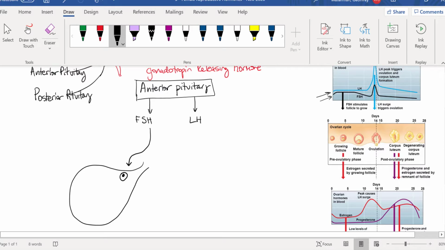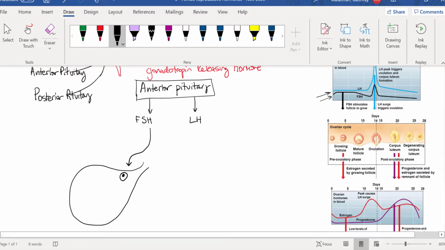So remember that all our eggs are already in the ovaries, and they are in meiotic arrest, and so they've gone through meiosis 1, and as soon as they get fertilized, they will go through meiosis 2 so that they get full chromosome reduction. All right, so follicle stimulating hormone stimulates the primary oocyte, and it causes the follicle to